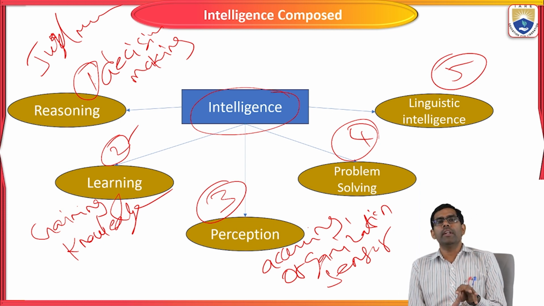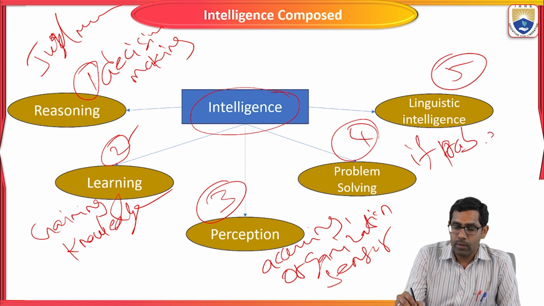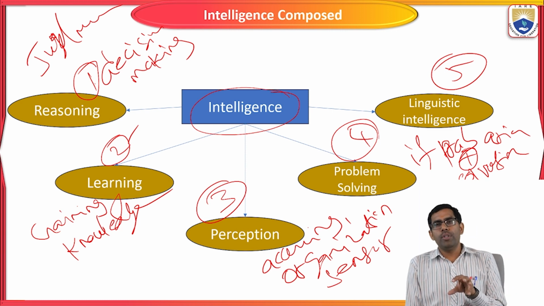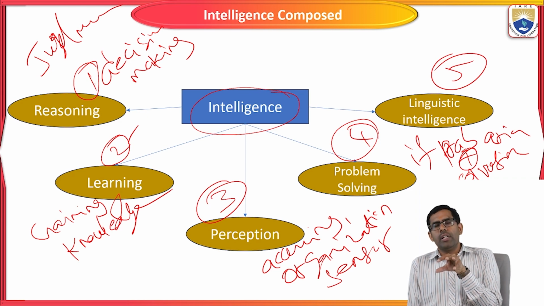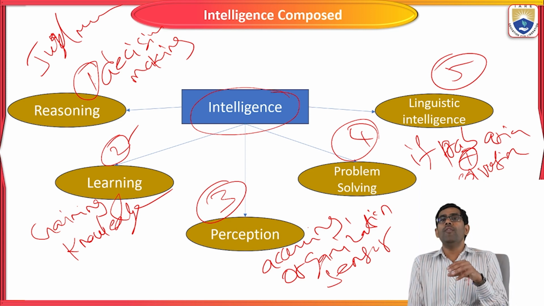If a problem arises, it should reach the solution. So it should produce some solution based on that problem. It should think, learn and act like a human, and come up with a solution to the particular problem. Linguistic intelligence means how we learn and how we are going to represent, for example, comprehension,